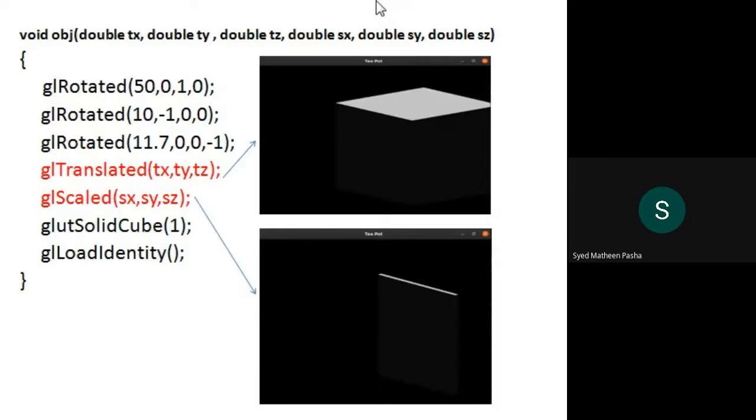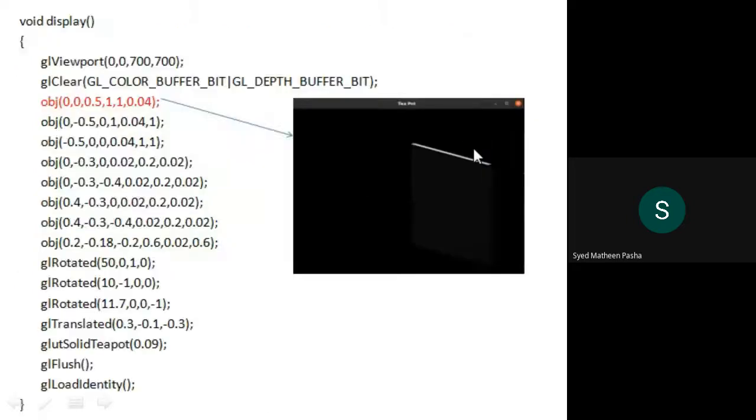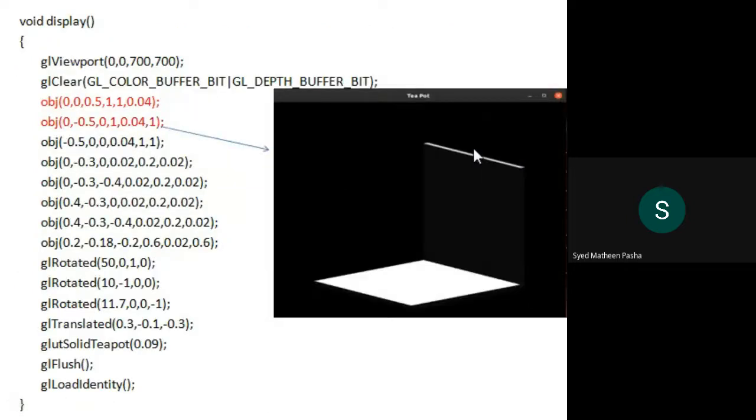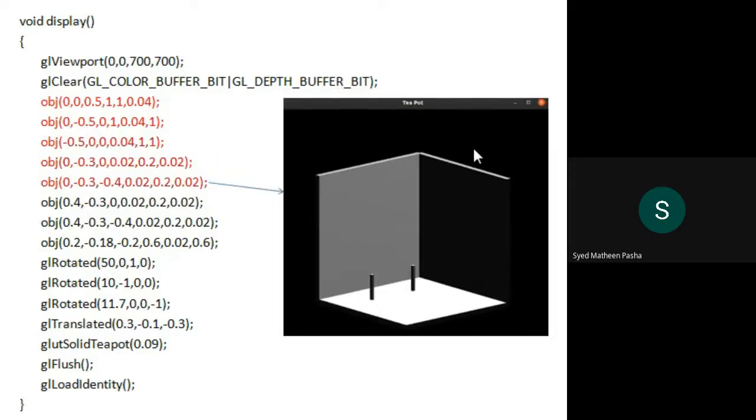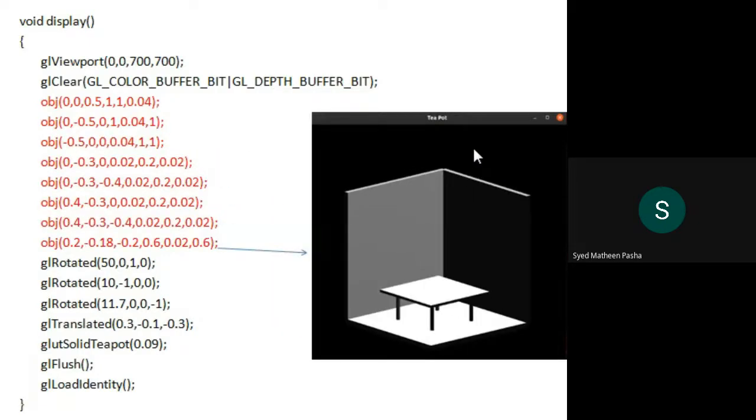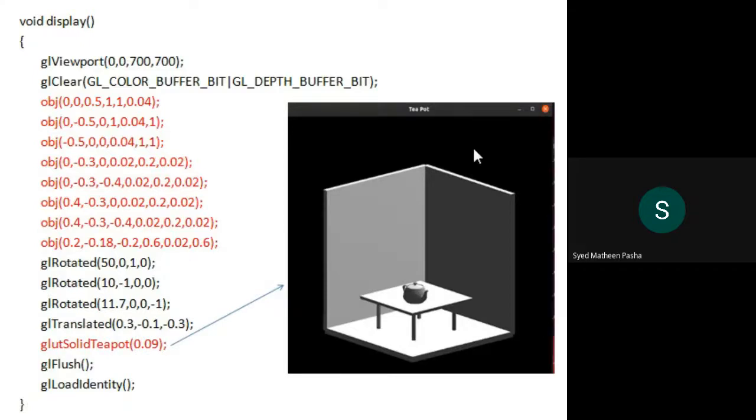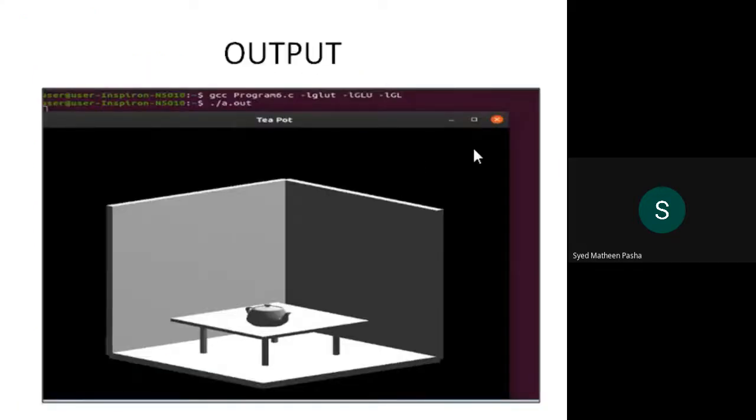Do remember in this phase, once the object is translated, if I combine or compress, I can call scaling compression as well, a small name for scaling. If I compress this object with the help of scaling, I'll get this wall. So this is how scaling works for a translated object. You are creating an object that is nothing but a wall. Then you are drawing the legs of the table, the top of the table, and you are drawing a teapot. So that was the output of your program.